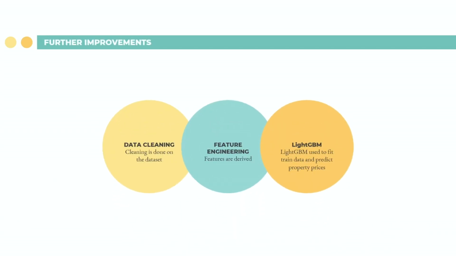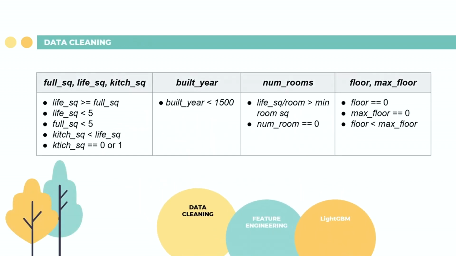In our attempt to improve the model, we dove into Kaggle discussions for inspiration. Most teams provided a general description on how they identify and clean the dirty data present in the dataset. After careful examination of various data cleaning strategies, we decided to adopt one that was suggested by a couple of teams at the top of the leaderboard. These are the features involved in the data cleaning process. The methods listed here mainly tackle the logical side of the features.